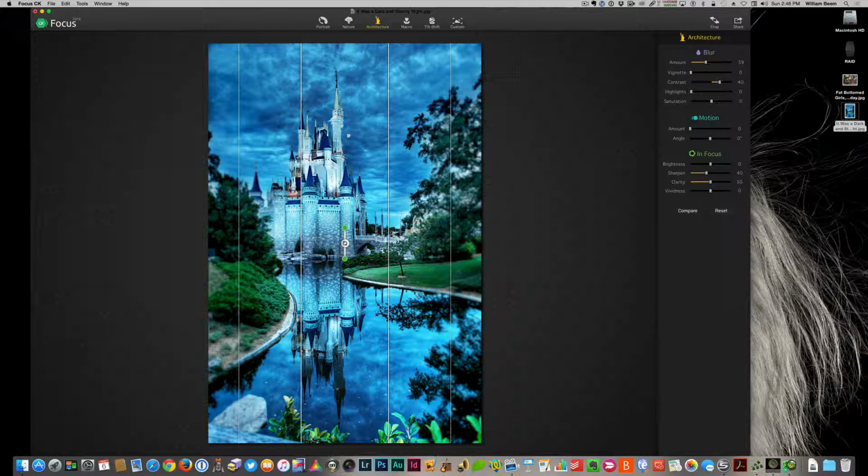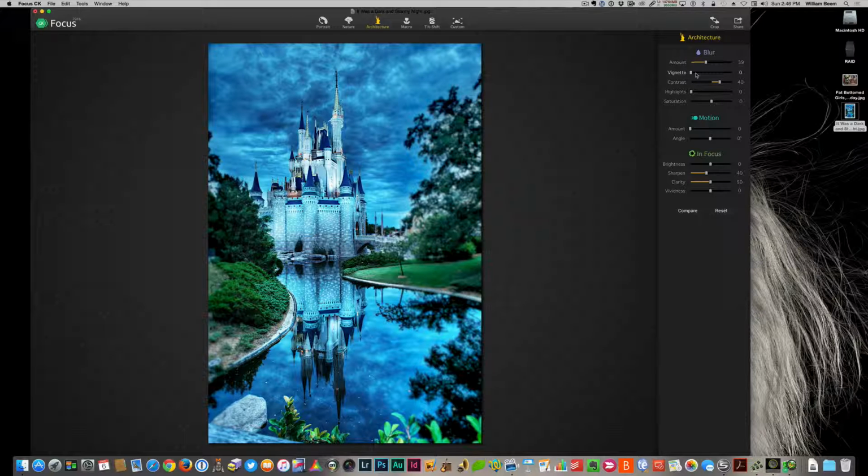does something similar. So instead of having diagonal lines, you can see that we've got the same set of lines, only vertical. We're going to take this and just drag this over here to put our castle right in the center of it. Pull away. And there's the default setting. So before, you can see everything with the leaves over here is in focus, and the bushes on this side. After, a little bit defocused, and you've got your blur amount over here.